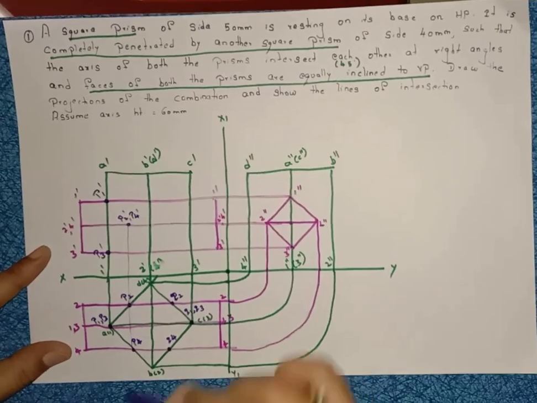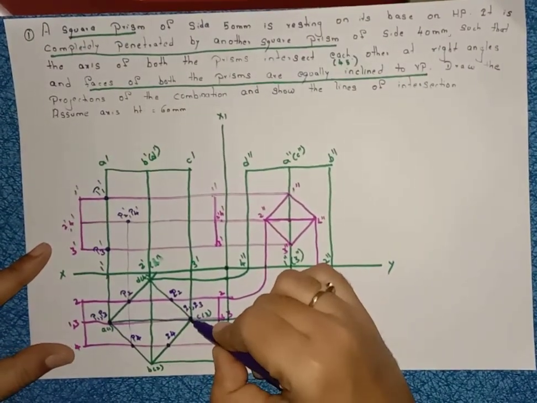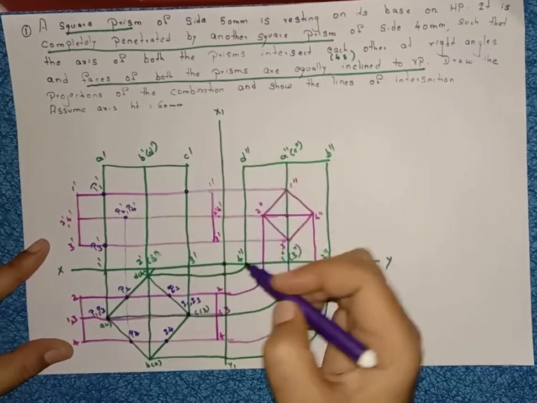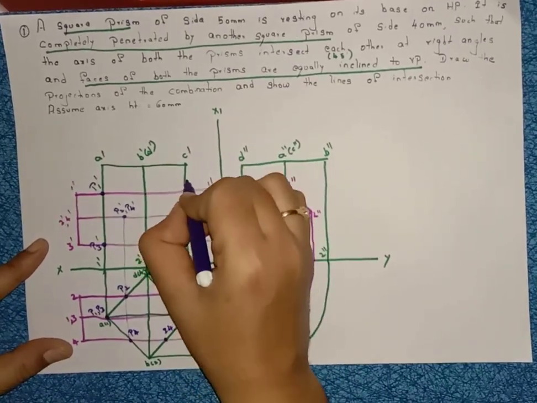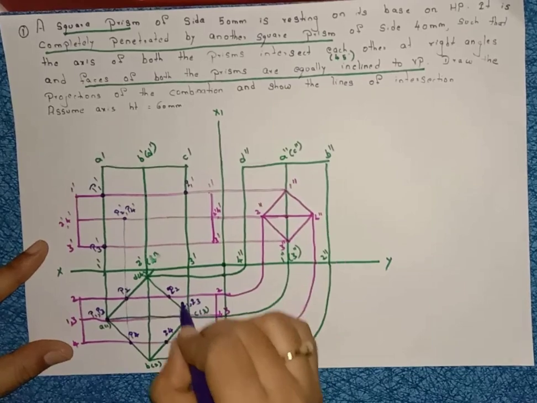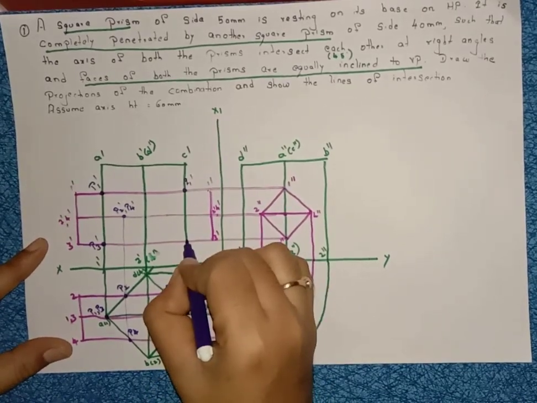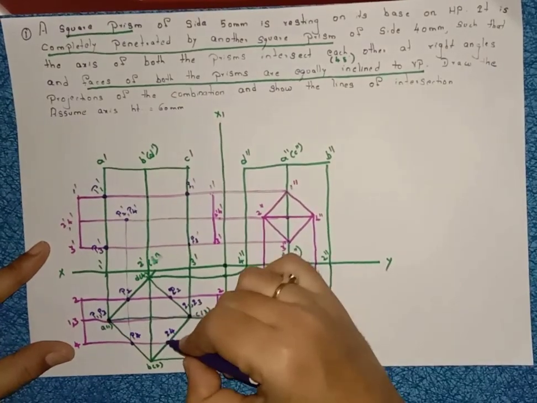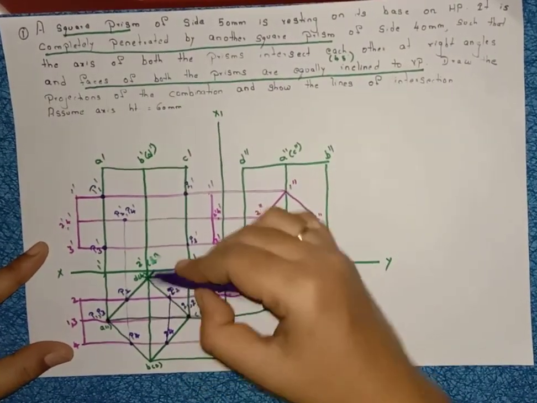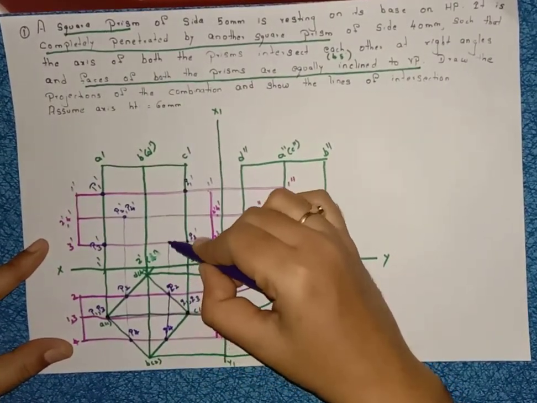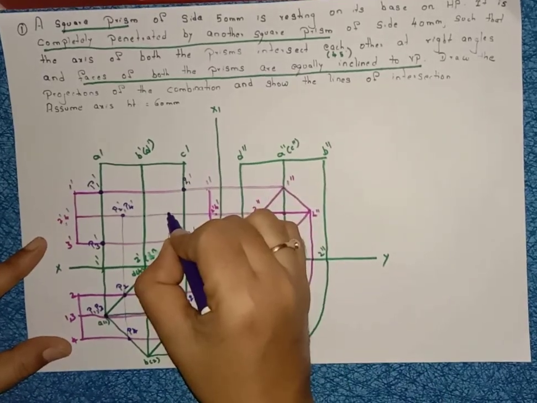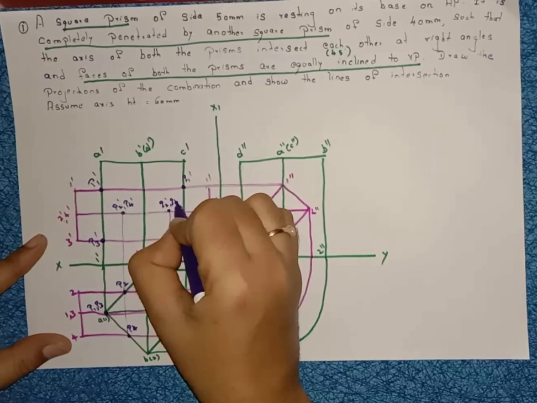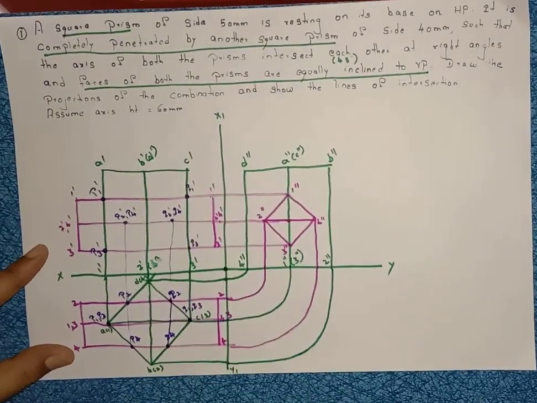Same process. See, this is Q1 and Q3. If you draw a straight line from Q1, Q3, this is the point Q1 dash. Name it here Q1 dash, and this is the third point, name it here Q3 dash. This is Q4 and Q2. If I draw a straight line from Q4 and Q2, name that point here Q2 dash comma Q4 dash.